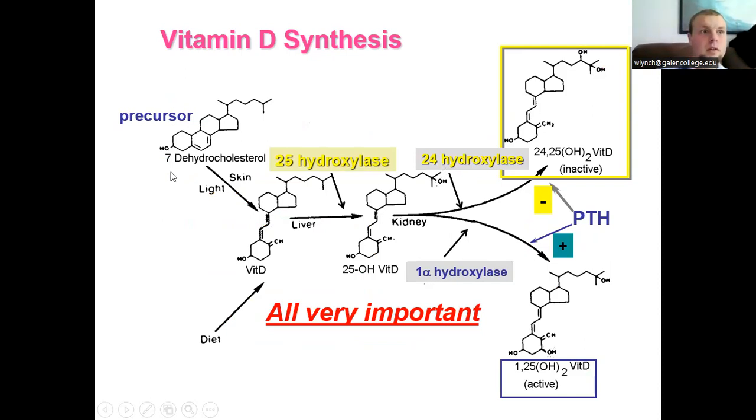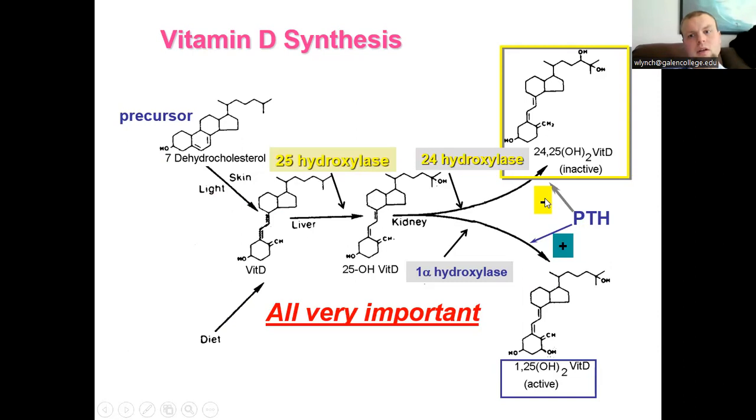The precursor that's made in the skin is going to be 7-dehydrocholesterol. Also, we have dietary intake of vitamin D. It's going to go through the liver, and as soon as it enters the liver, it undergoes enzymatic conversion by 25-hydroxylase. Then it becomes 25-hydroxycholecalciferol. If we have conversion by 24-hydroxylase in the kidney, then we go to